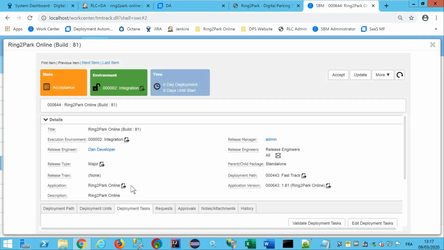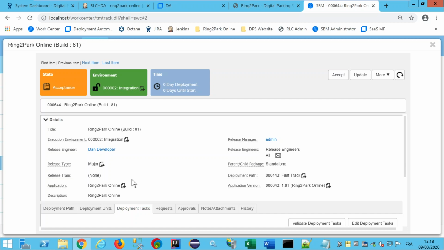This release package will follow a workflow, and the first stage of this workflow is acceptance. Here you need to define if you want to deploy this application or not. The environment candidate is the integration environment.